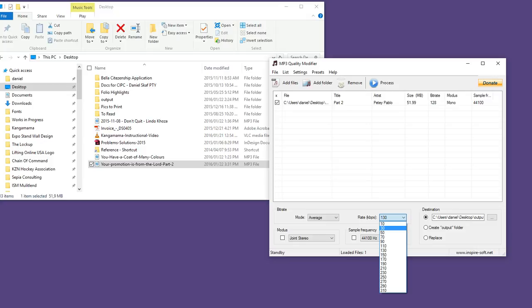I successfully changed another file before to 30 kilobytes per second, and the quality of the audio was still really good. I also moved this down to 24,000 hertz, but you can try lower ones if you like, and see what the impact is on the MP3. So I'll choose 24,000,